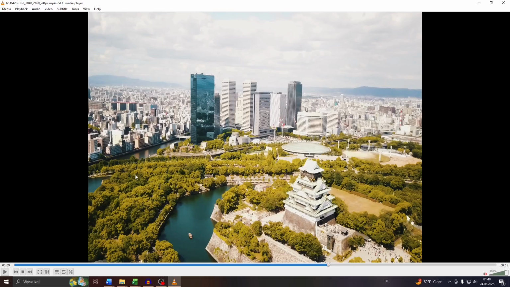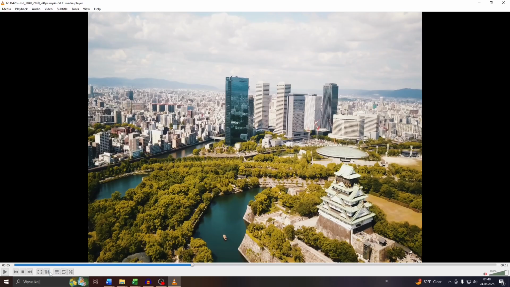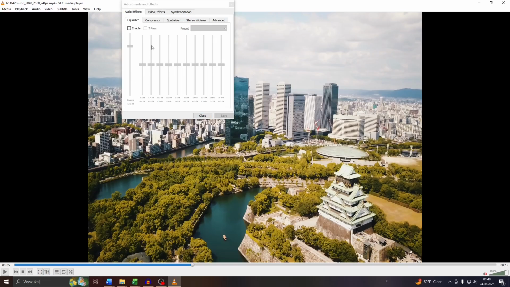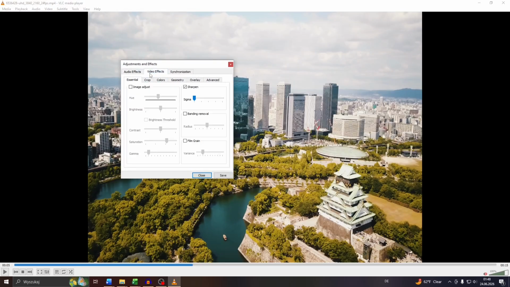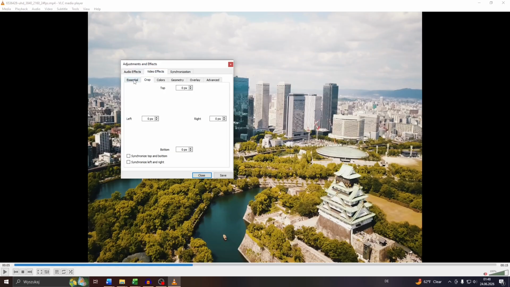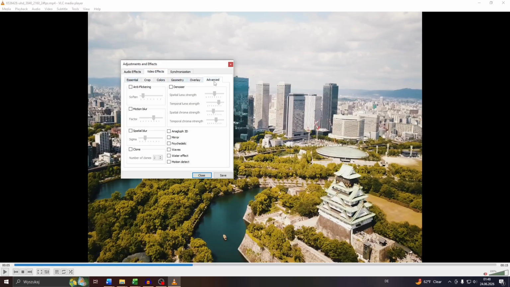Alright, so open the video clip here on VLC Media Player and next click on this button next to the full screen button at the bottom to access the effects section for the video clip. Navigate to video effects. From here, what you want to do guys is switch from the essential tab into the